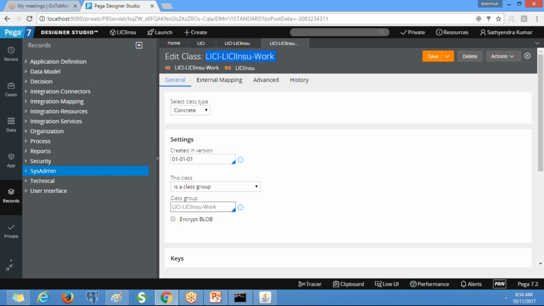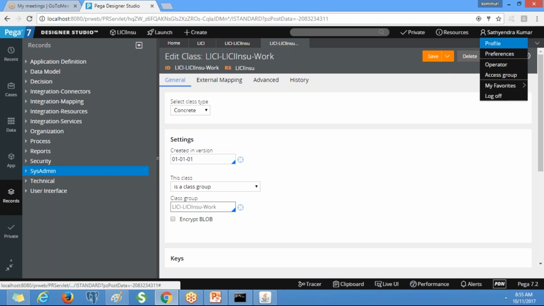Under it, you define the work class under the access group. You can have multiple work classes, and whatever you define under the access group is all you can access.